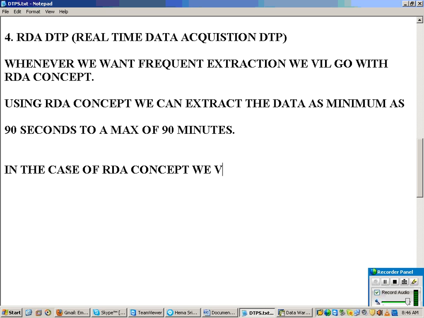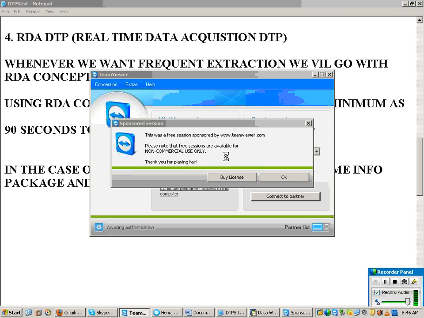So in the case of the RDA concept, we will assign the real-time info package and